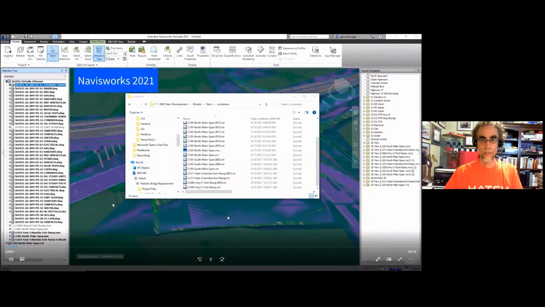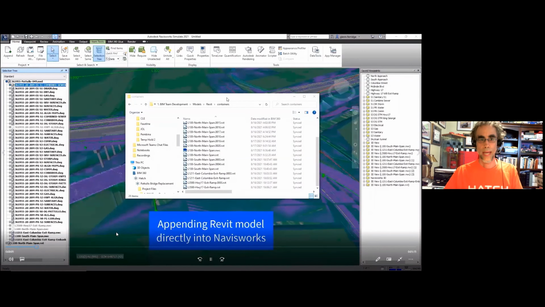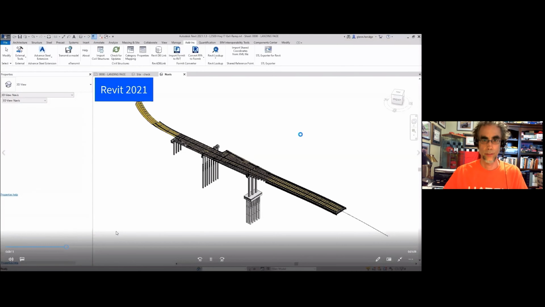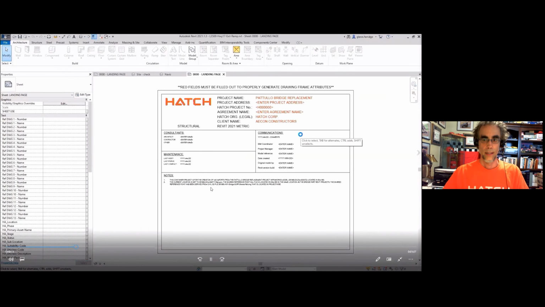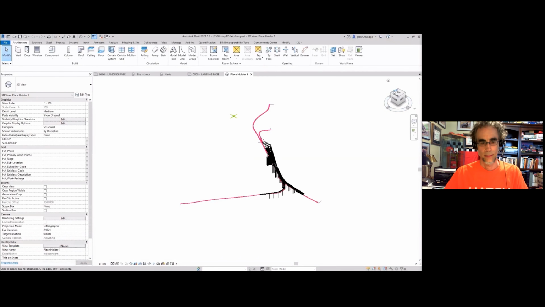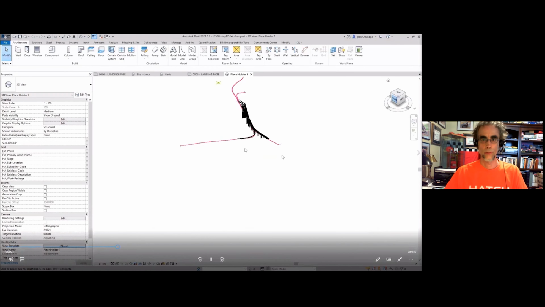In Navisworks, you're going to append the Revit file, using the same container file that you're working on. In Revit, you have to create a 3D view and name it Navis. Okay, so name that Navis. You also want to remove some of the extraneous data.